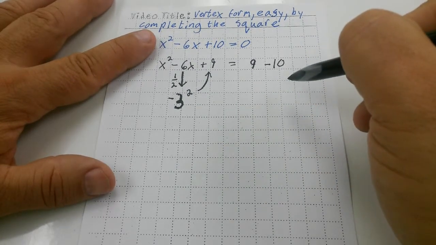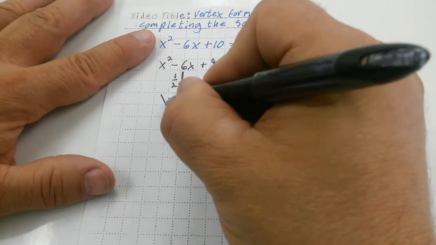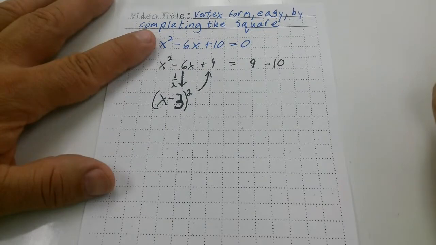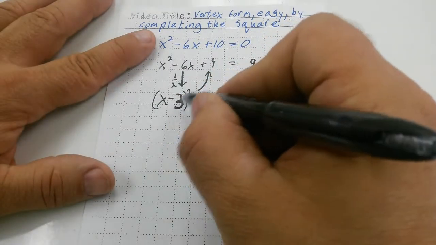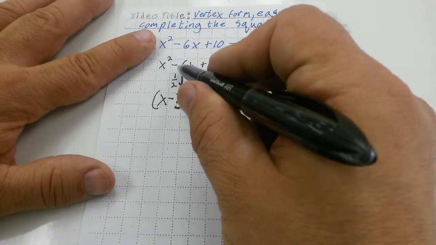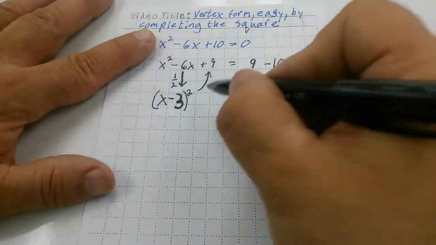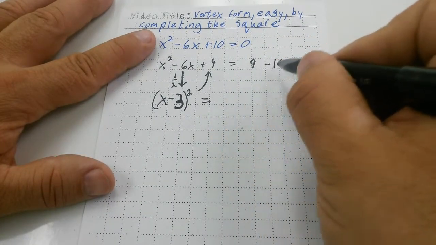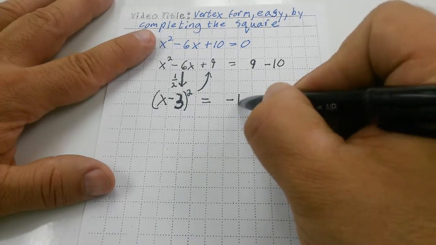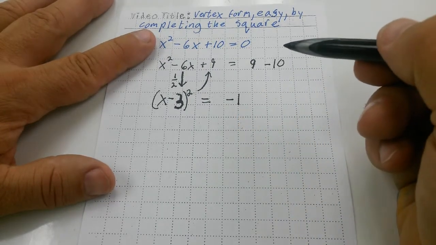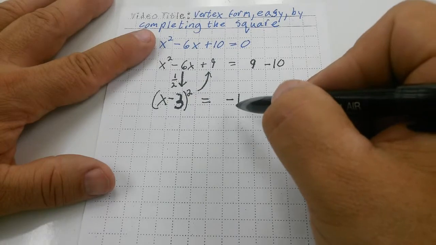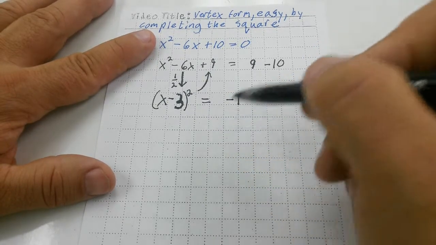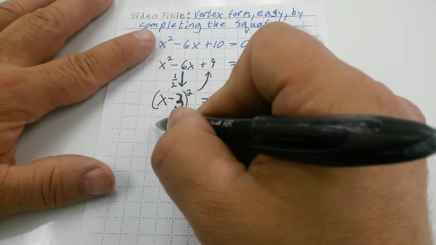Now, this happens pretty quickly. I have my binomial, x minus 3 squared, because x minus 3, the quantity squared, equals x squared minus 6x plus 9. And that's going to equal whatever 9 minus 10 is. And that's negative 1. I'm almost done. What I need to do now is bring this negative 1 over to the other side of the equation. And that's going to give me